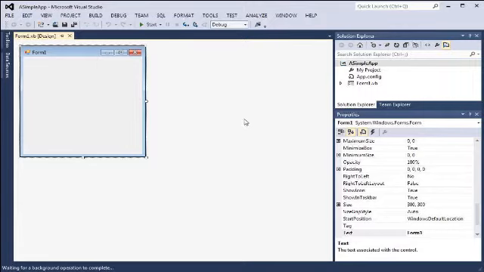It has focus in the environment, and we see a number of properties available to us on the side here. One of the things we want to do is look at those properties, and what I want to do is change, first of all, the title that appears in the title box of our form by double clicking on the text